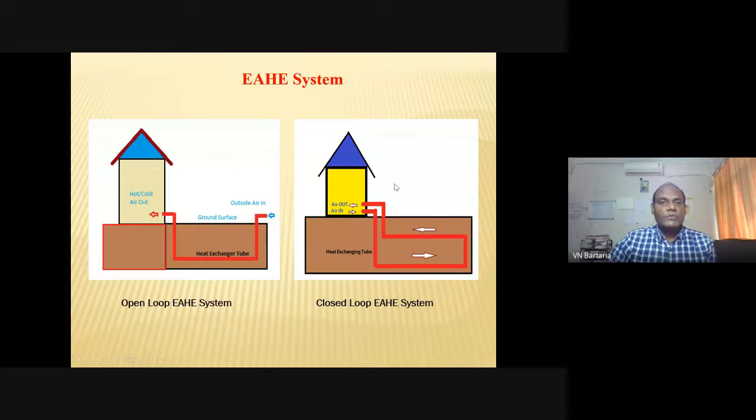So in this diagram, you can see there are two types of earth air heat exchanger system. One is said to be open loop system, and another is closed loop. In open loop system, continuously fresh air can be supplied to the building or spaces, while in closed loop, the room air is recirculated,